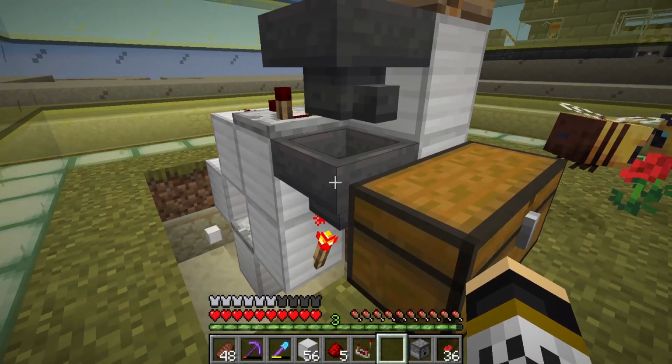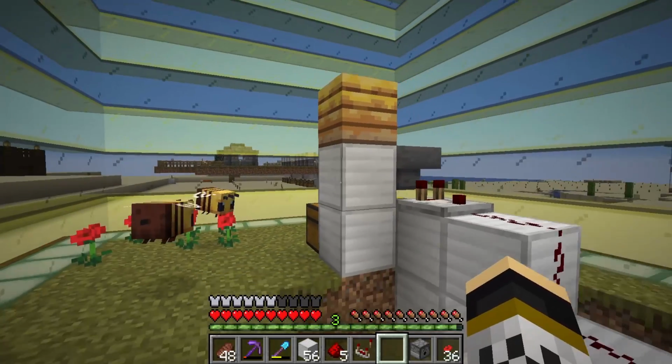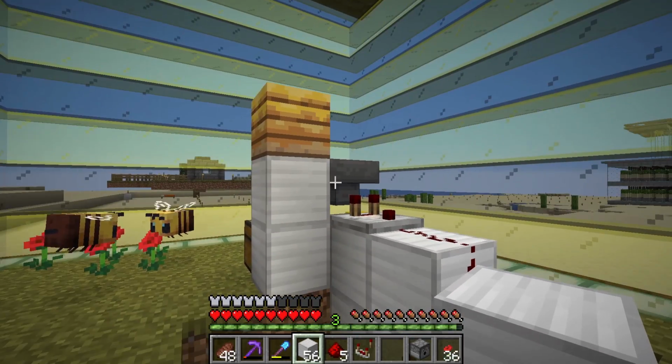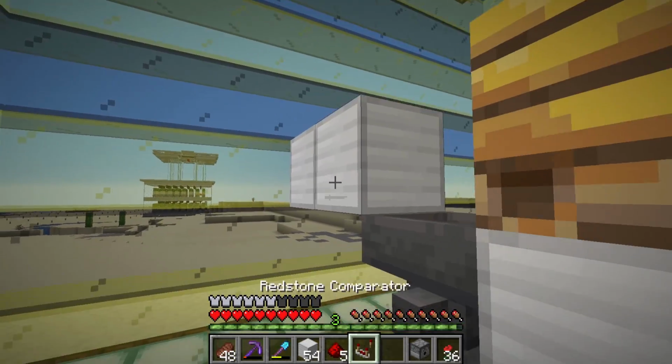Okay, very good. So basically this is going to lock this hopper so that things can't get through, and then in a second we're going to make another little circuit here, and this circuit right here is going to be the thing that powers, like when there's a honey bottle in, it will recognize that and unlock. Okay, so what we want to do, go ahead and place a couple of temporary blocks there so